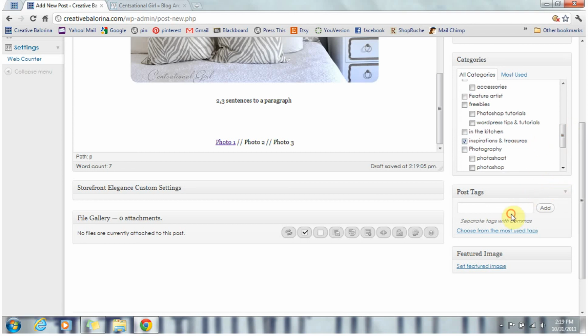And then for post tags, it's basically whatever words you can come up with that would describe this post, so that when people search for it, it would be those words. For example, pillows or bedroom inspirations, etc. And then you press enter and you can keep adding more. These things are what people are going to search when they search in Google. If these match up, then they would see this blog. So it's really important that you use as many as you can over there so that this blog can be